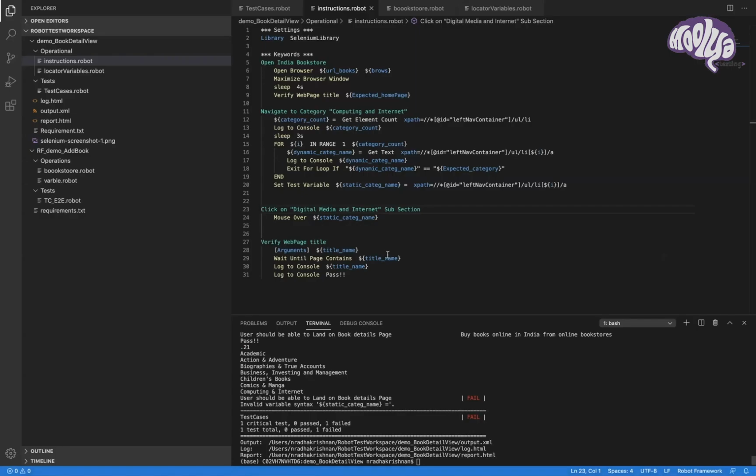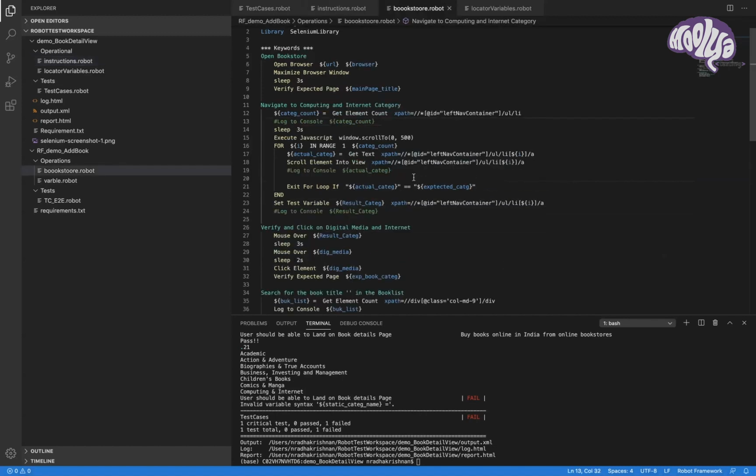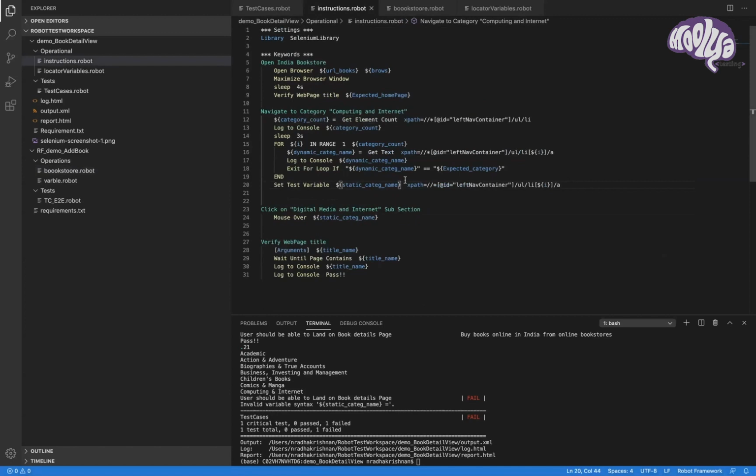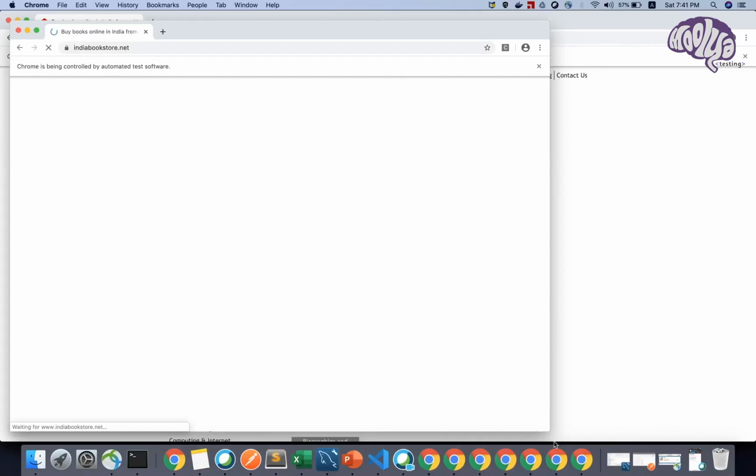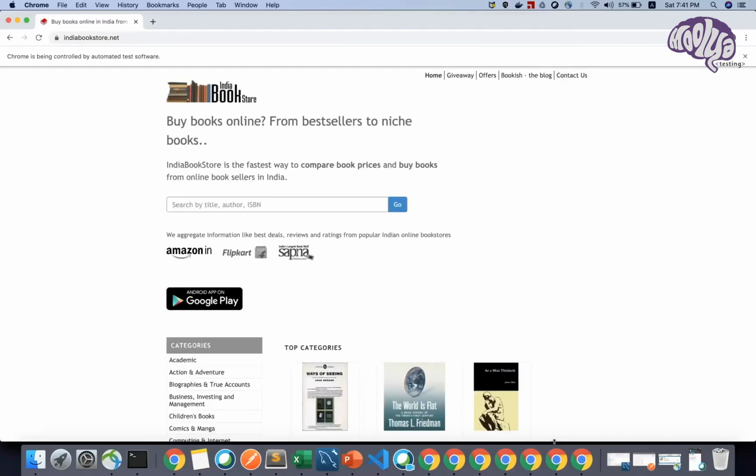I think it failed because when you set a variable, is equal to should not come. I have a script already written that says you should not give is equal to. Let's run this again. Now I think it should be able to run. So when you assign an element to a variable, you should be using is equal to. When you are setting the existing variable, you will not be giving that is equal to.